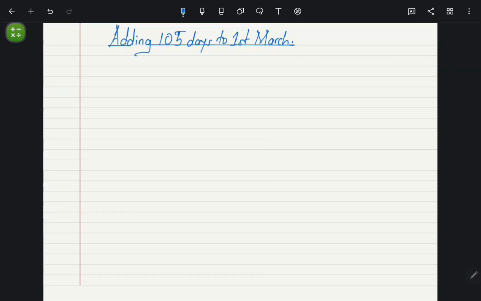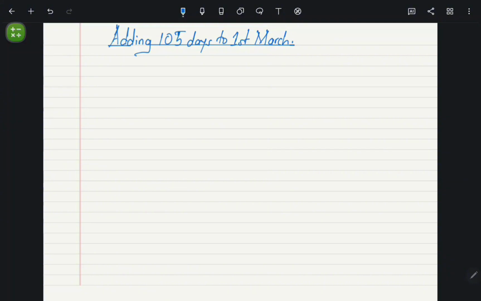We are going to do this number manually. We are not just going to get 105 days and then just add it like that to 1st March. But I want you guys to pay close attention to the way that I'm going to work out this number here. What we are going to do is add 105 days to 1st March in a way that we are breaking 105 days into the number of days of the corresponding upcoming months